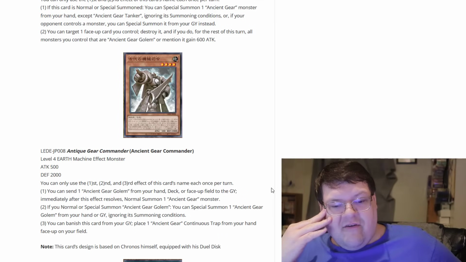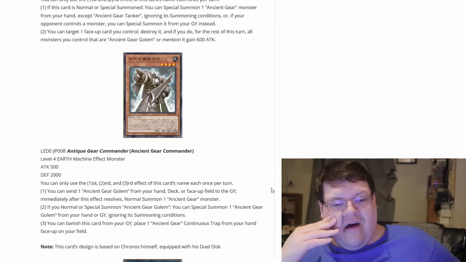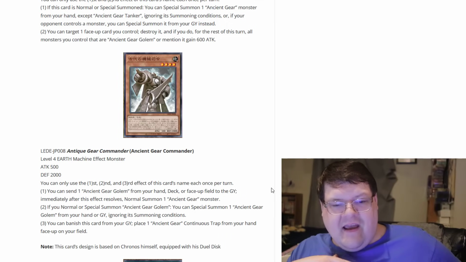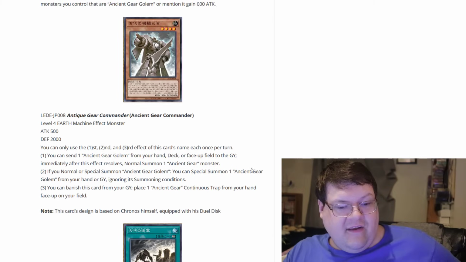You can banish this card from your graveyard to place one Ancient Gear continuous trap card from your hand face-up on your field. That's actually pretty cool, but the free milling here is what you care about. Now let's get into the